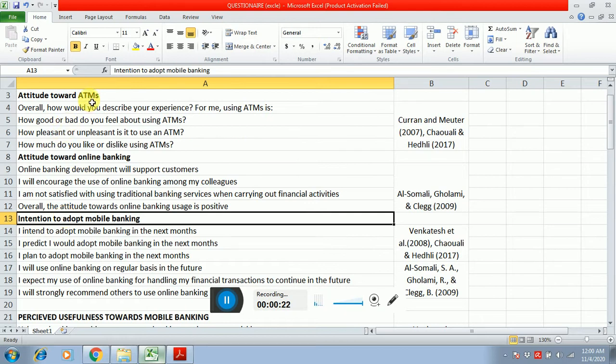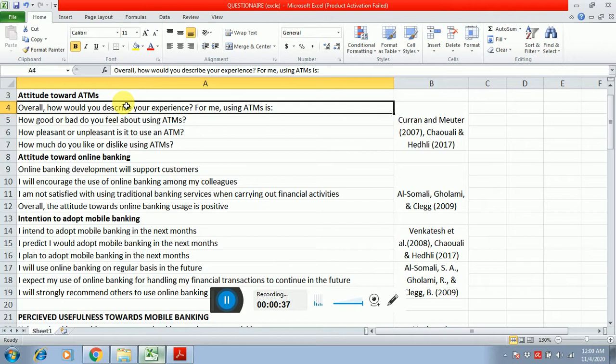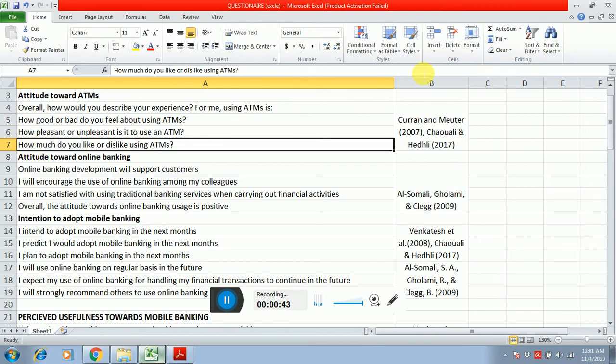So what you have to do is extract the items of attitude towards ATM from the past papers. You have to search for that particular variable on Google Scholar and extract the items from the past literature. By identifying the items, you have to mention them in the Excel sheet, and you have to mention the sources